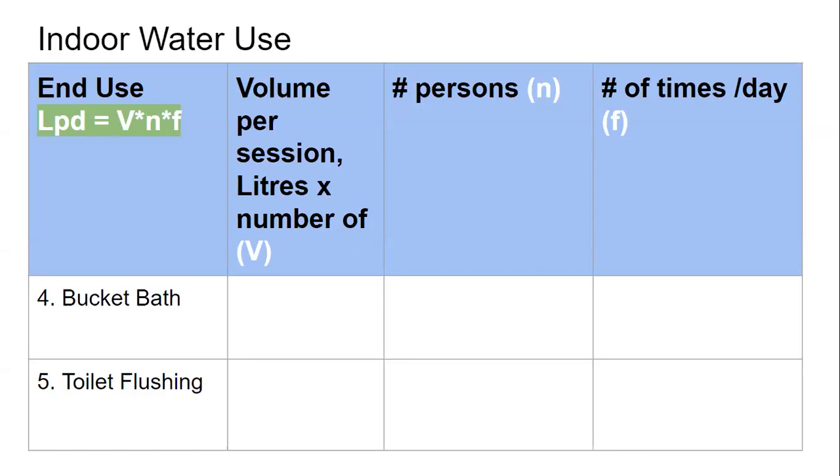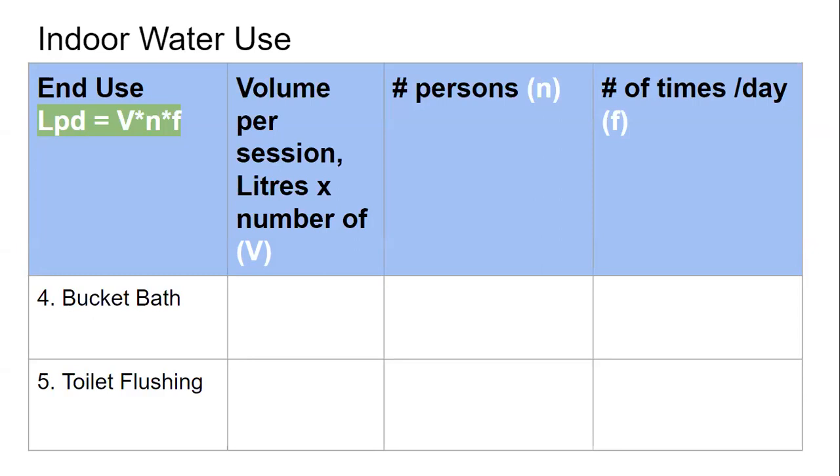Same with the toilet flushing. Toilet flushing, number of people, it will matter how much water totally gets used in the house. Then we look at the volume of the flush tank. So in this case also, we are not really measuring the flow rate. We are just looking at the volume of the flush tank. And we are also asking or observing and making a note: is it a single flush or a dual flush? So if it's a single flush, you make note of that and ask them how many flushes in a day per person they must be using.